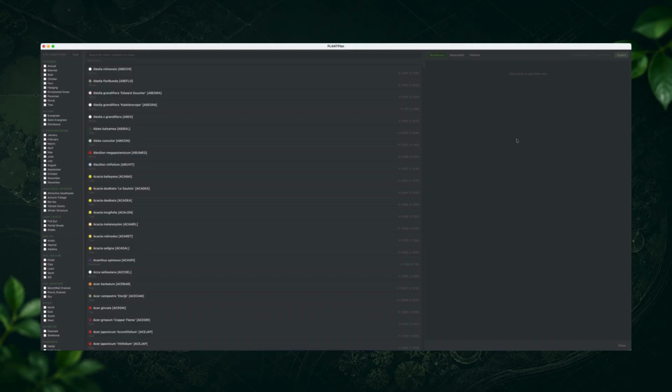So PLANTPlan is used right at the beginning of the process of creating your planting plans, when you're going to sit down and work out, right, what plants am I going to use? What plants will be good for the site that I have? What are the conditions? What plants will grow well? And you're going to be able to create, first of all, a palette of plants that you can actually use